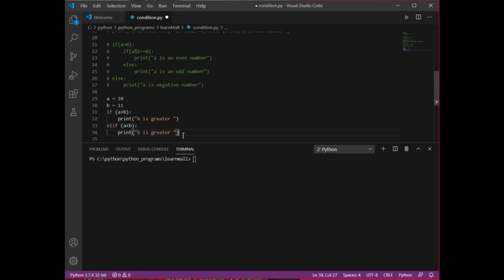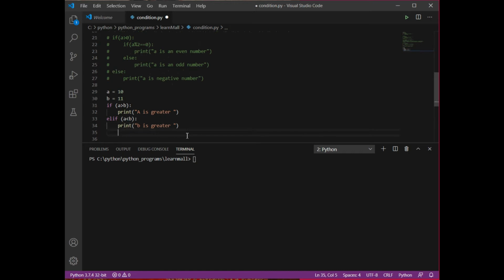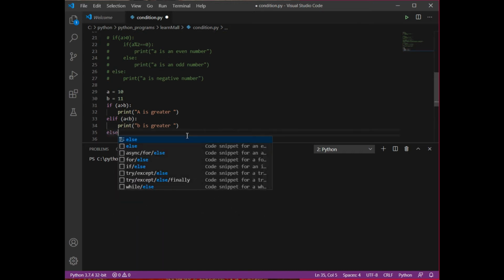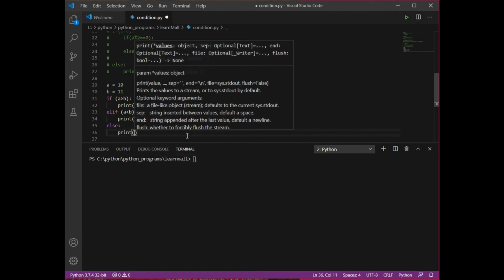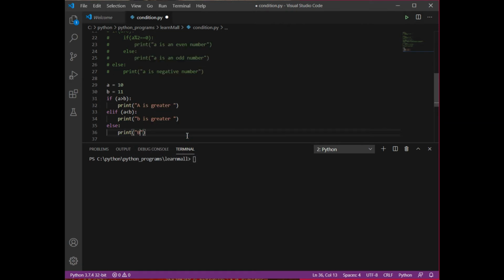There are only three possibilities: a could be greater than b, a could be less than b, or a could be equal to b. I have given the conditions for a greater than b and a less than b, so I am left with only one possibility. Instead of making that condition, I'll write else: print "both are equal".